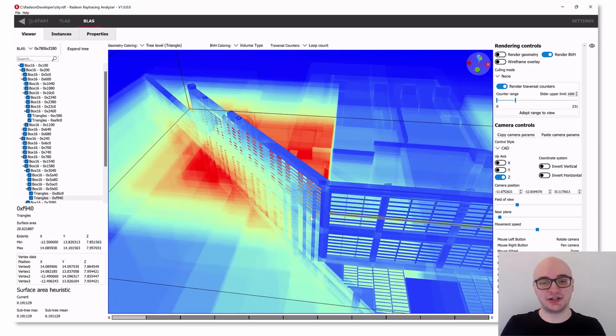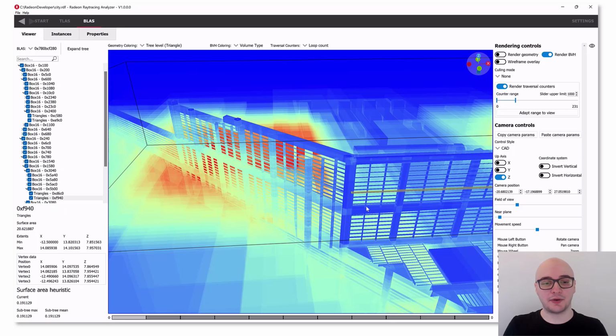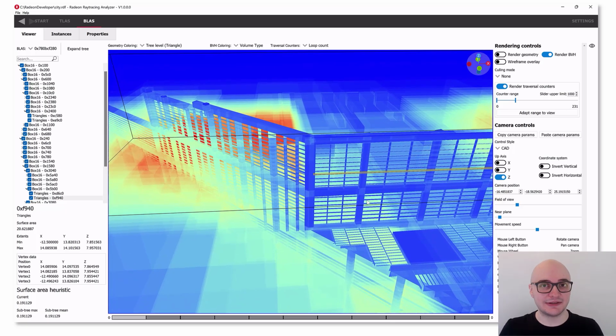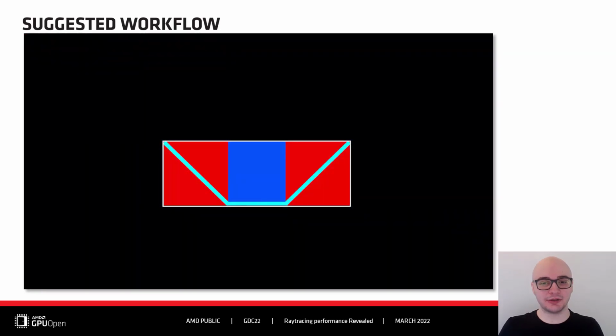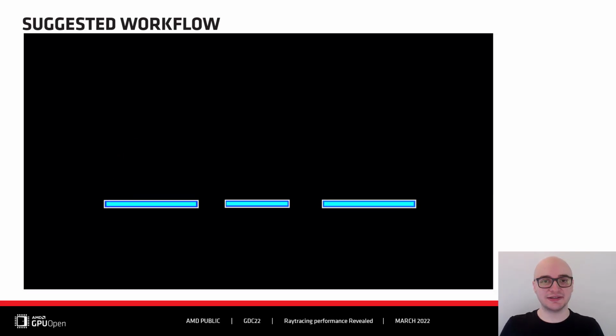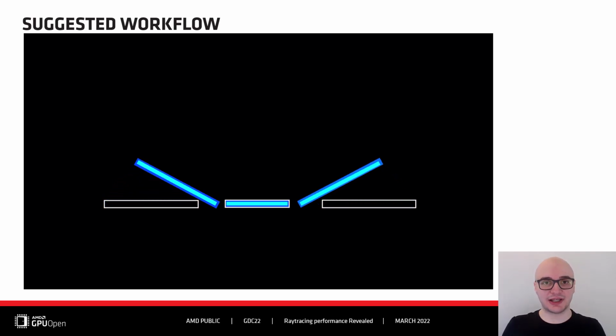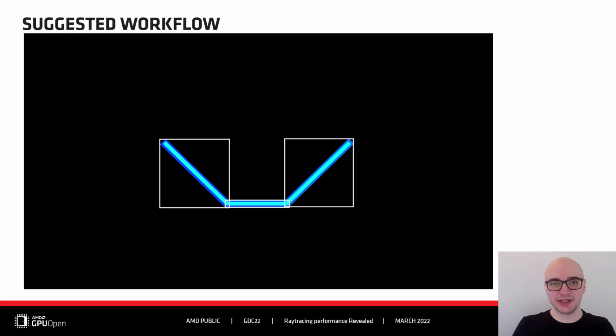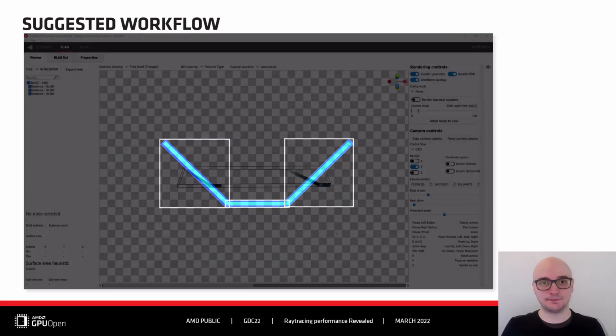The immediate strategy you can use to lower the loop count footprint of this BLAS is to split it up into instances. Using your preferred modeling tool, you can split the triangles into groups and rotate the non-axis aligned triangles in a separate mesh. Once these triangles are separated, you can import them back into your game with corrective transformations. Separating the BLAS this way will introduce a small instance overlap, though in this case, this small sacrifice will save the rest of the rays that pass near the overlapping volumes from overspending traversal time.